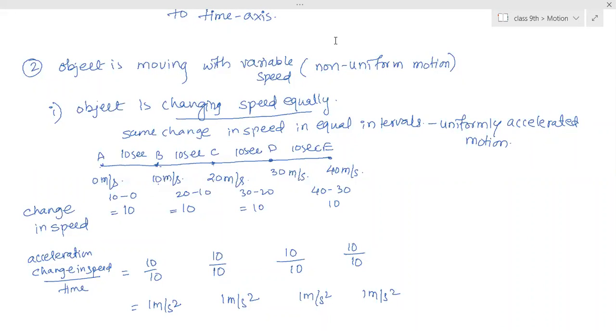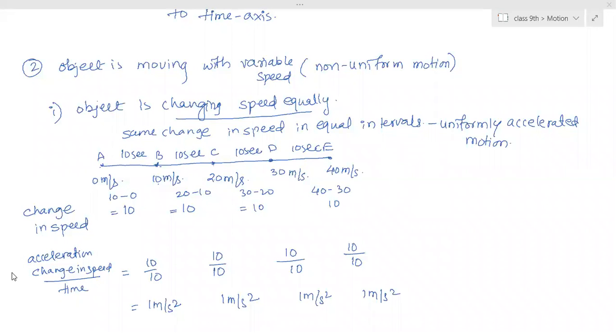Is this clear? Is this part clear? Yes, ma'am. Everyone? Yes, ma'am. Anyone has a problem understanding this part? Raise your hand. Anyone facing problem in understanding this? No one. Everyone got it. Vishal, you also got it. Rupika, is this clear? Yes, ma'am.